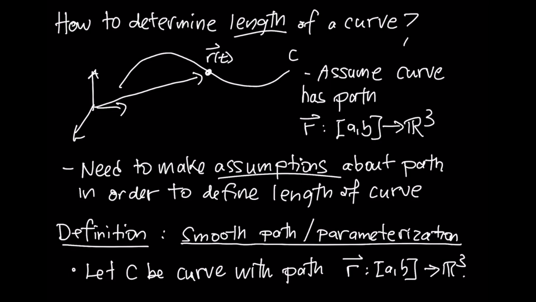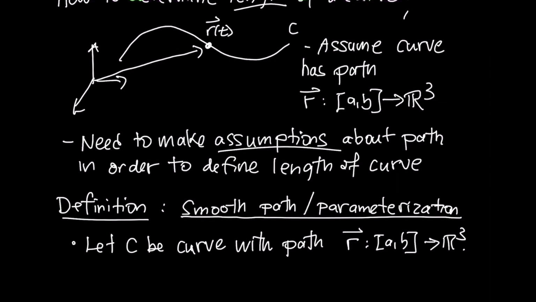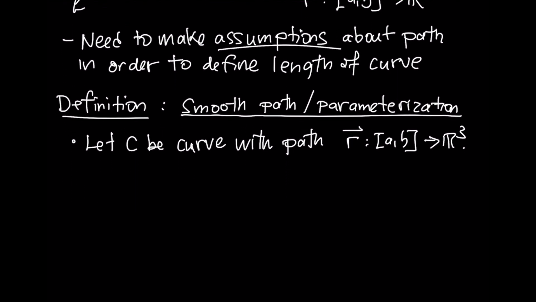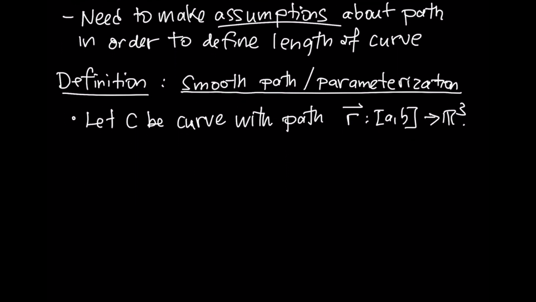How can we determine the length of a curve? Now, we are going to assume that the curve has a path, but in order for us to actually define the length of a curve, we need to make some assumptions about the path that we're using. We're going to define something called a smooth path. If we have a curve that has a vector function r that takes it from some interval on the real line to R3, we are going to say that r is smoothly parametrized